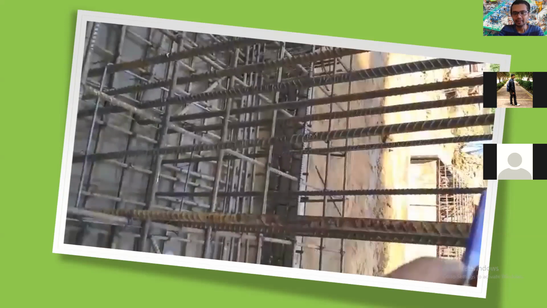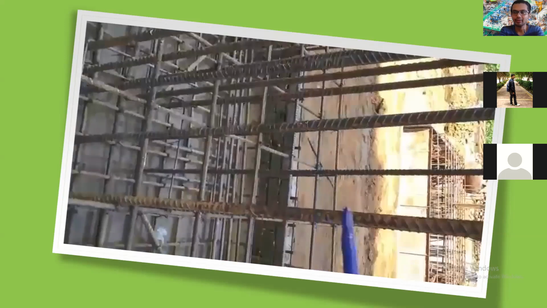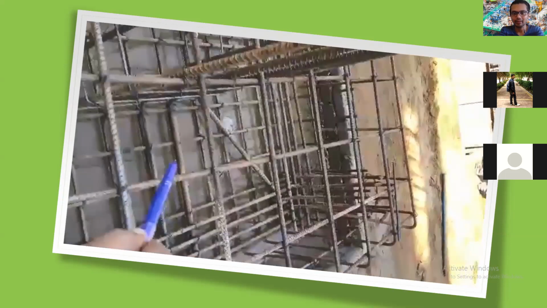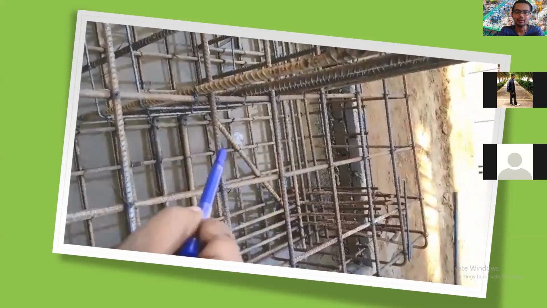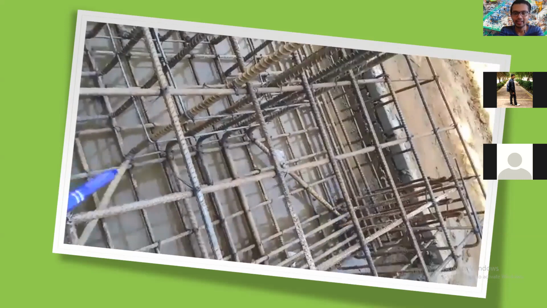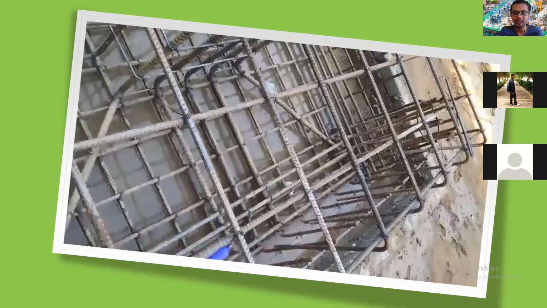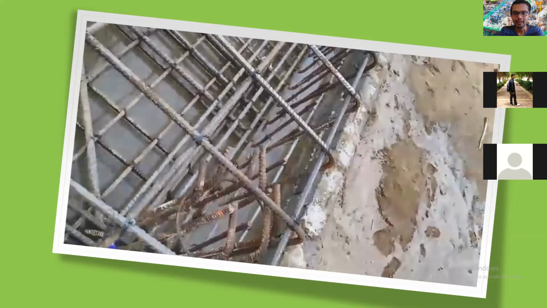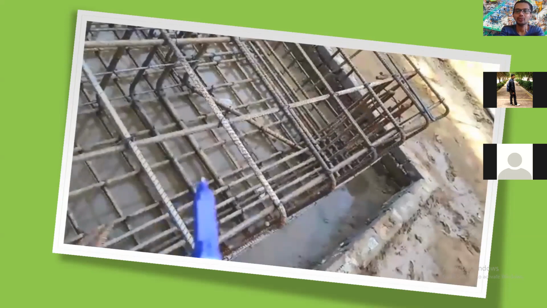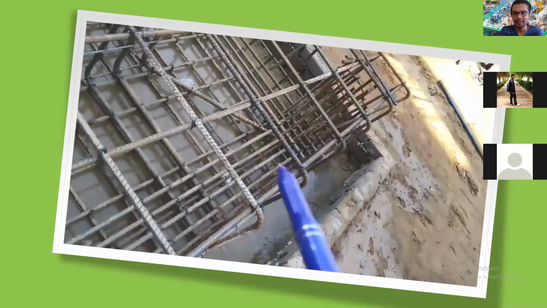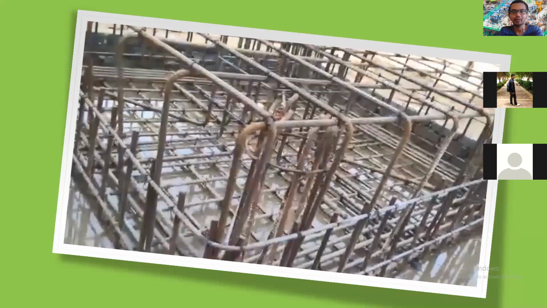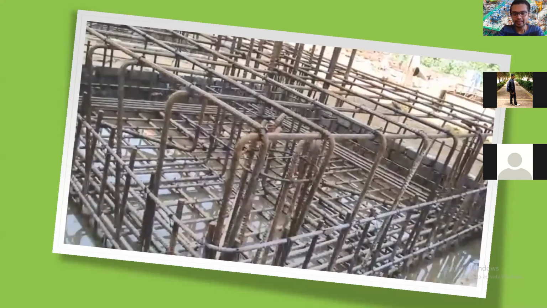The column is also connected to the footing, as we discussed in the previous class, with the help of these starter bars. So the column reinforcement should also be checked before the concreting works. All the reinforcement binding works should be checked properly, whether the cover is maintained and whether the reinforcement is as per the structural drawings. After the visit of your structural engineer or the site supervisor, only then is the casting or concreting work done.